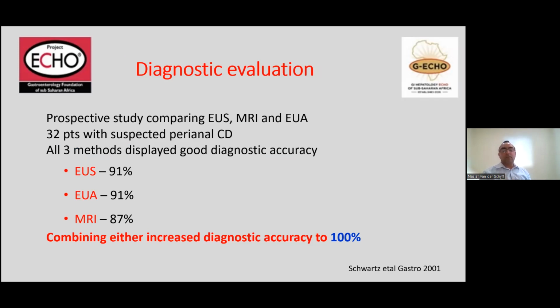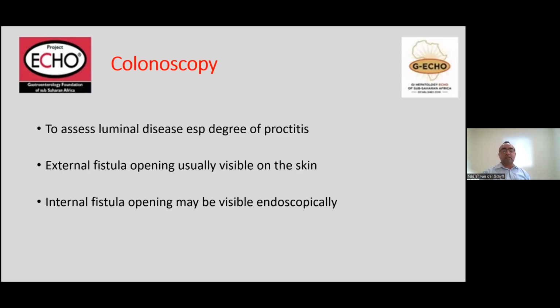But importantly, if you were to combine the two, in other words, the patient has the EUA, you examine the patient, they have the EUA, and that's followed up by an MRI scan, that has a 100% diagnostic accuracy for detecting peri-anal fistulas. Once we've done that, it's important then to follow this up with a colonoscopy to assess luminal disease,